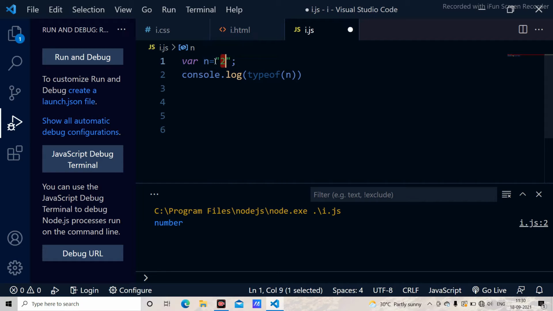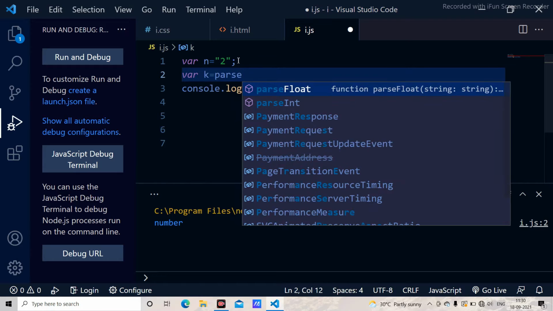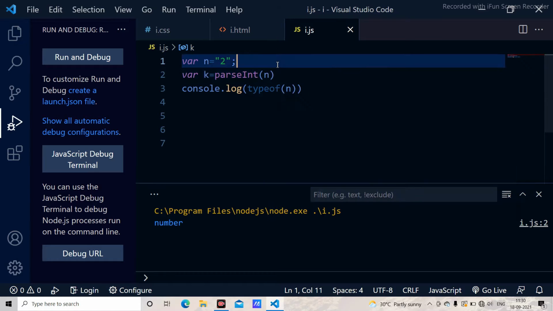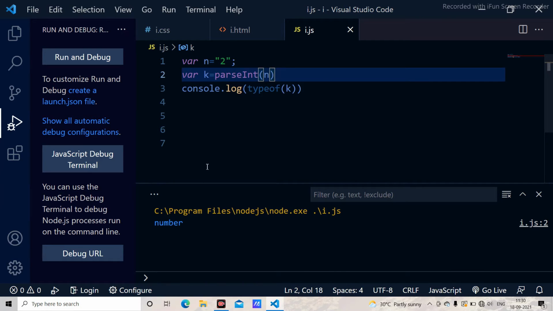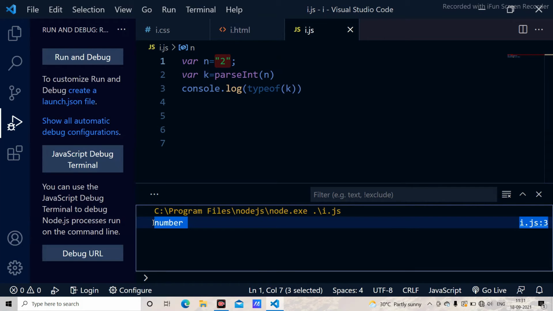And you can also convert this string into a number. For example, here I am using variable k equal to parseInt. When I use parseInt and I use n, and I just say typeof k, it has to give me the number. It is not going to give me a string, because we use parseInt, which is going to convert a string into an integer. For example, I just save it, it is going to give me number, as you can have a look at here. And this is how we go with the toString and parseInt method.